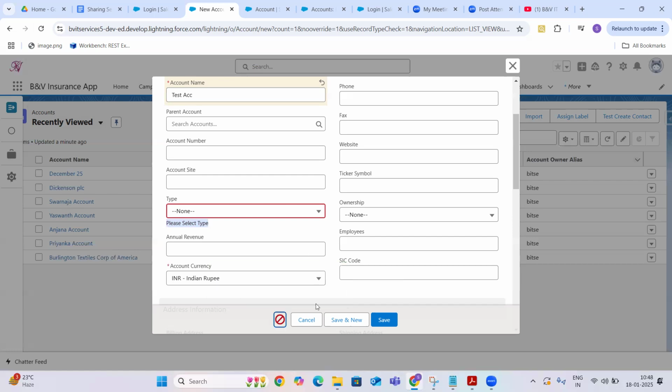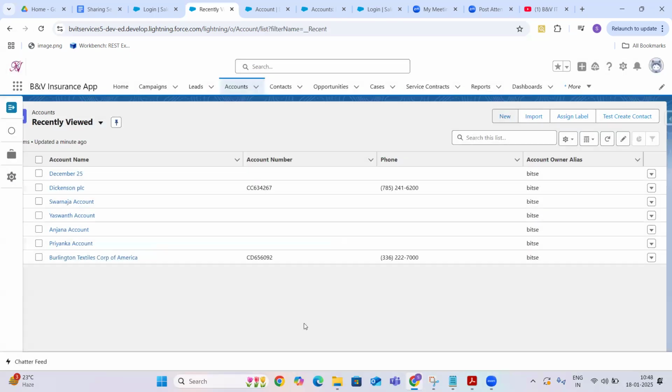So in today's class, basically you need to understand what is the validation rule and how you can make a field required. Can we make a field required using validation rules? Yes. We can make fields required using validation rules. And what are the other ways to make fields required? Apart from validation rules, what are the other ways that we can make a field required, mandatory? Okay.